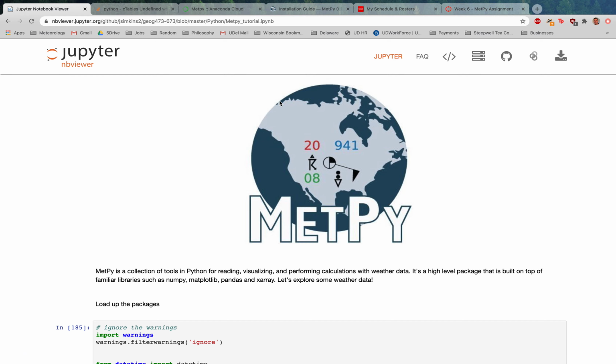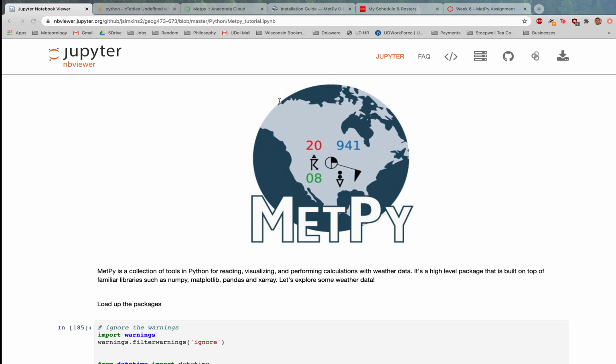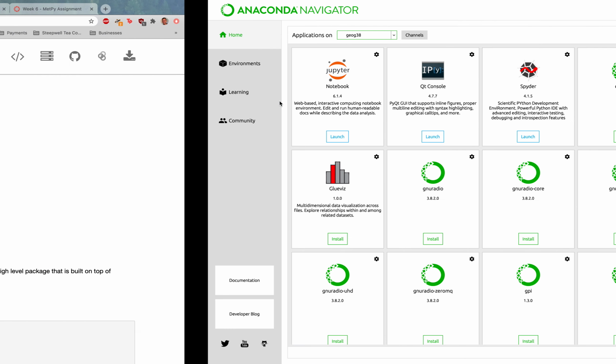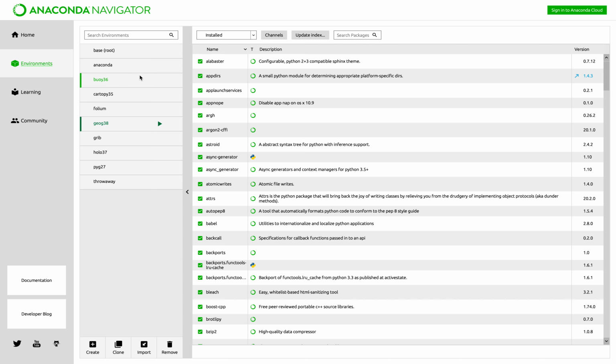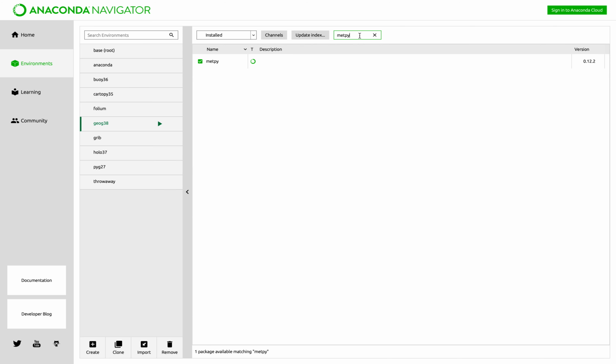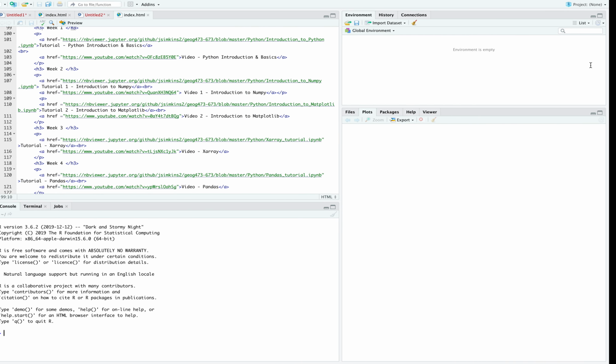I'm just going to run through real quick what happened. So whenever you go to install Metpy and you're under your Geog 3.8 environment, you come over here. The default version of Metpy is 0.12.0, and this has some incompatibilities with CartoPy. So there's just a brand new version released, 0.12.2 of Metpy, and the way that you have to